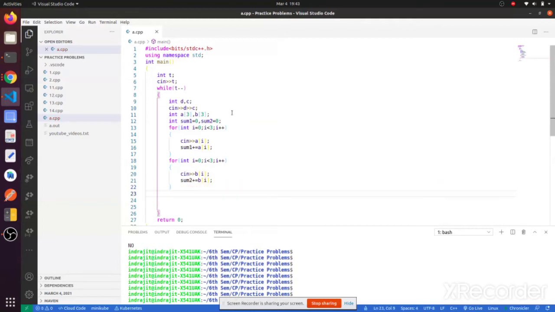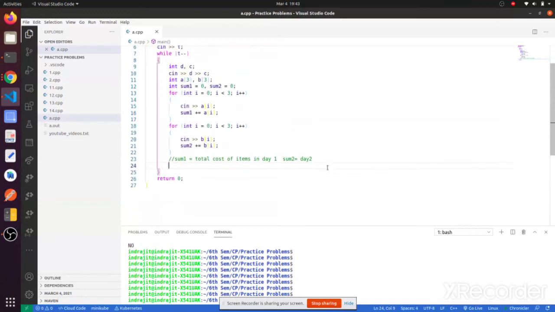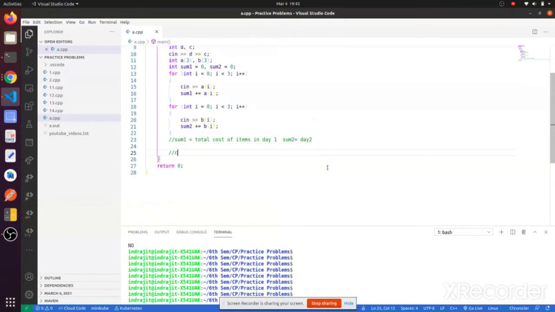Sum1 will compute the sum of a, and sum2 will compute the sum of b. So now sum1 is equal to the total cost of items in day 1, and sum2 is equal to the total cost of items in day 2.